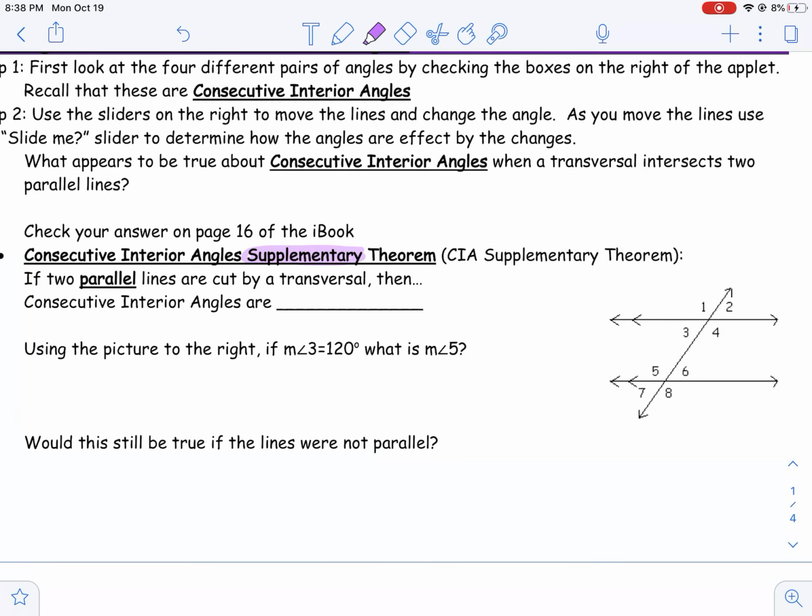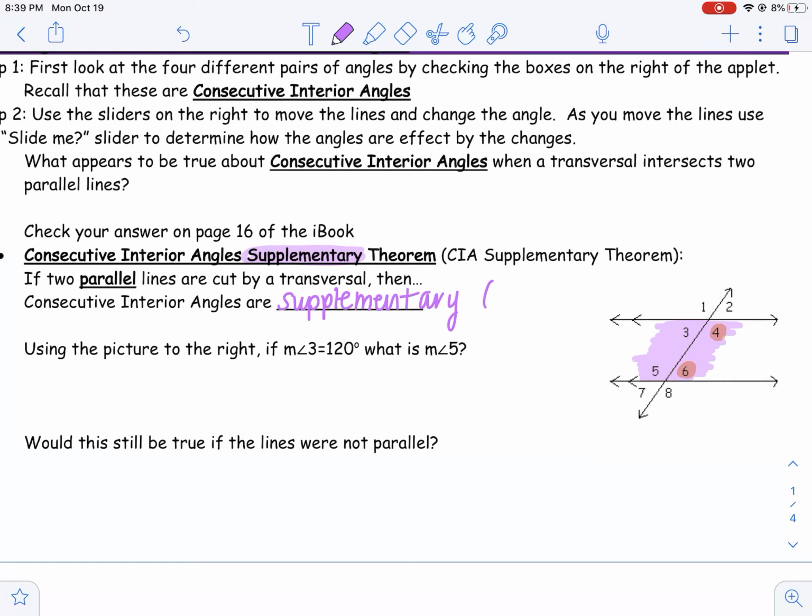So I need consecutive interior angles. So interior meaning existing inside the lines, consecutive meaning they are happening on the same side of the transversal, okay? So this is asking us what those two items are, okay? So just to save us a second, let's go ahead and fill this in. They are indeed supplementary,